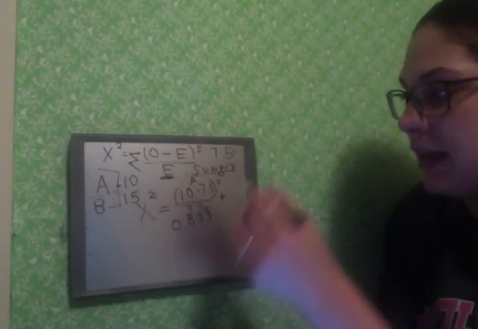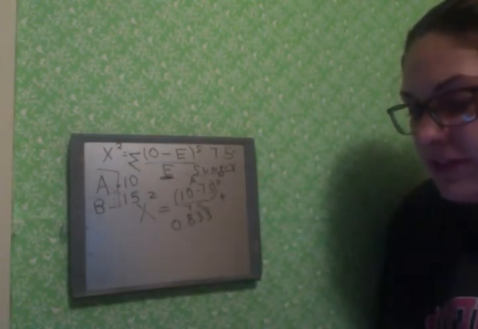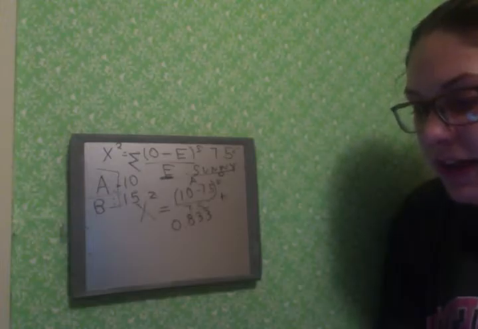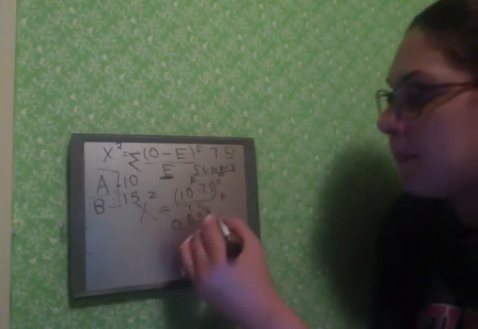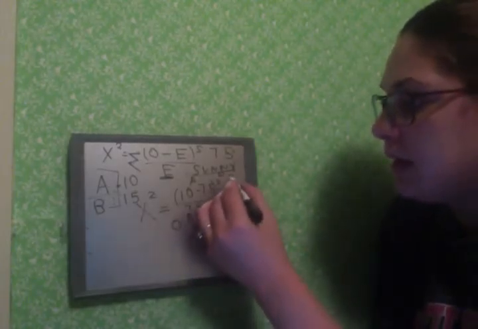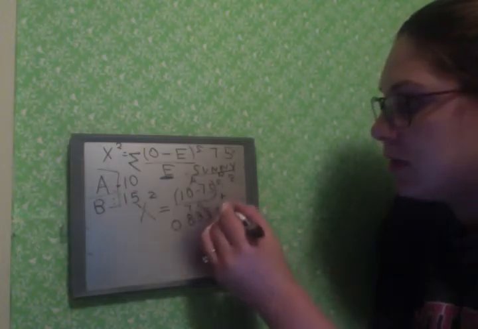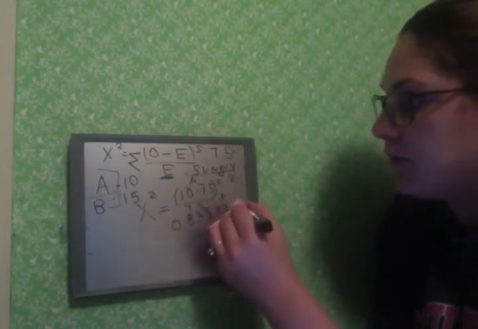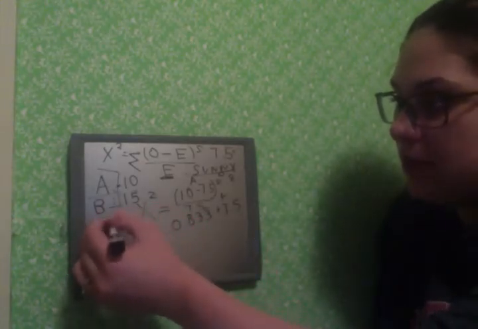Then you're going to do it for B. So let's say for B it is 15. It's 15 minus 7.5 equals 7.5, times itself, divided by 7.5. Okay, and then now you have to do A and B together,